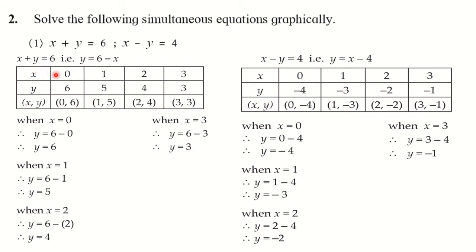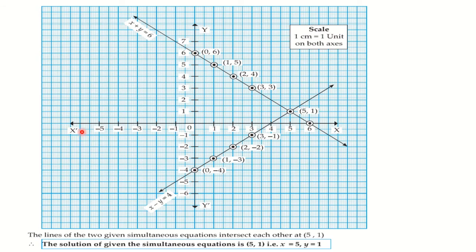So like here, first x is equal to 0 is taken. So when you put x is equal to 0 here, you will get value of y as 6. Write that here. And then write the ordered pair 0, 6. First x and then y. When you put x is equal to 1, you are going to get it as y. Very easy, because the sum should be 6 here. You can see here. Sum should be 6. So 1 and 5, 6. 2 and 4, 6. 3 and 3, 6. So this way you have to choose the pairs. And you will prepare one table. Immediately after preparing the table, you have to draw that line on the graph paper.